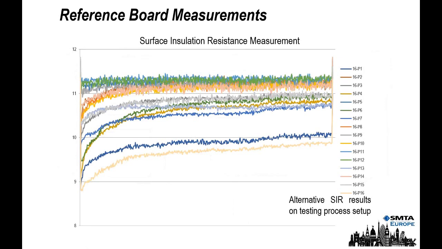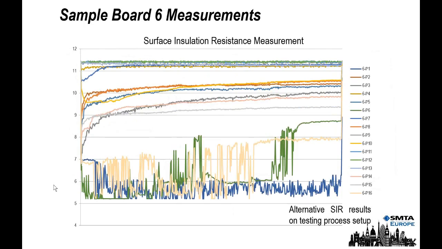Now, this is just one other example of test results from SIR, and this is on a reference board, and you can see the typical results. And here we see a real mess, and again, this is our QFNs playing up. But interestingly enough, the corrosion or the dendrite formation was only around the outside termination, so not actually underneath the body of the device. And one of the potential reasons for that is that if you've got a flux which has got a fair amount of residues in low residue criteria, if you like, because obviously it's a lot less than traditional, that tends to block some of the material, i.e. the moisture condensing on the surface.